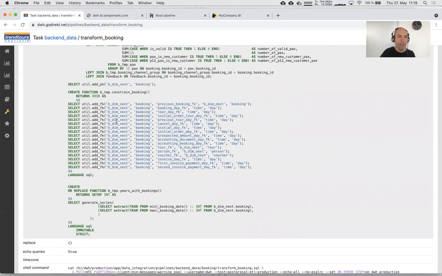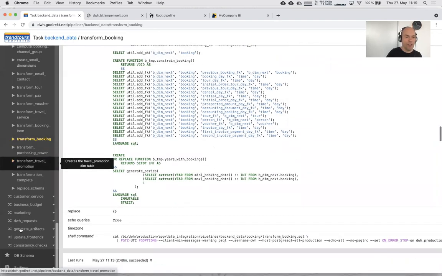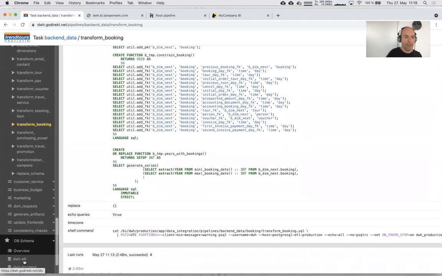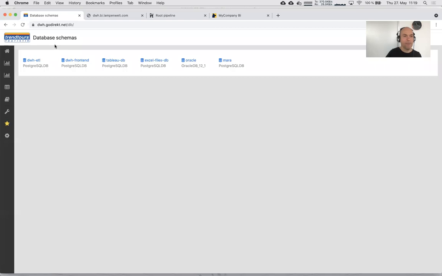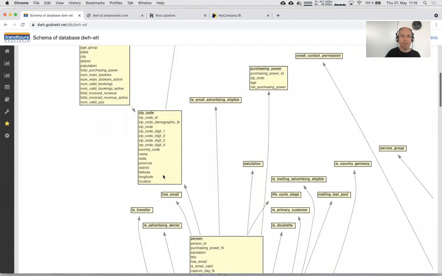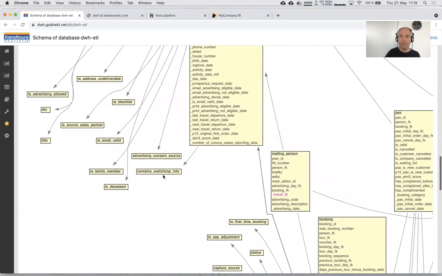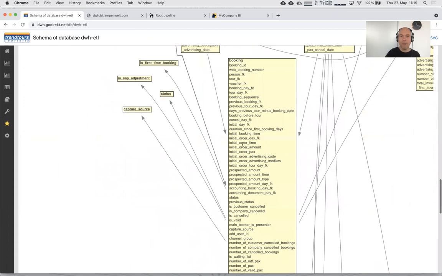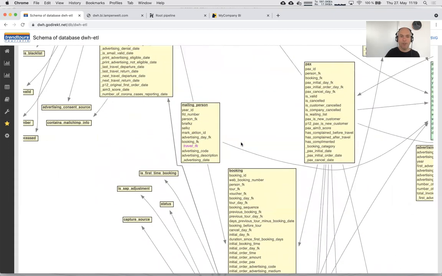In the end, you create a lot of foreign keys to other entities. This will then result in a nice Kimball-style schema. Right, so here is the really long booking table, and it has foreign keys to